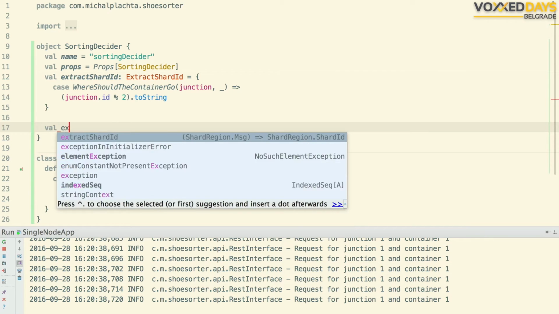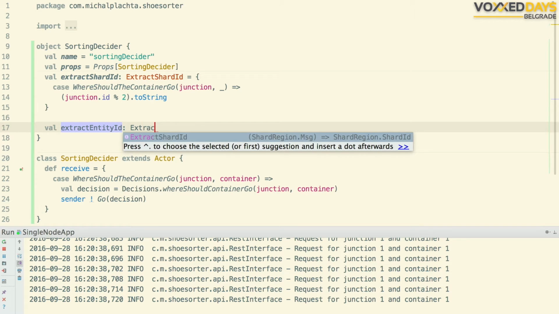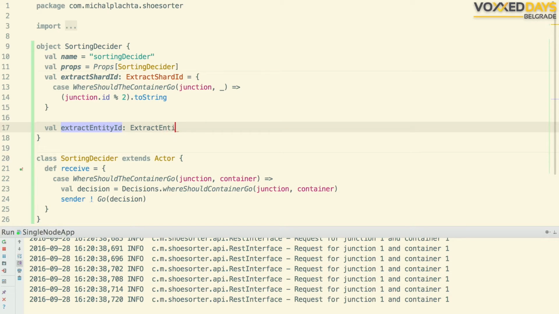And the second function, extract entity ID, is called when the message is on the right node, but this function selects the right entity, which means the sorting decider in this case.